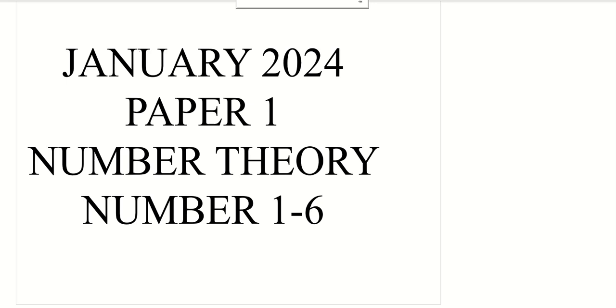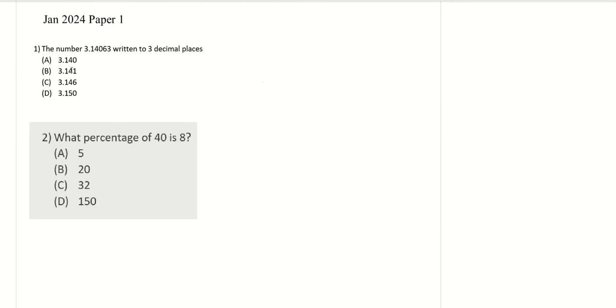Alright, now let's go. The first question. Write 3.14063 to 3 decimal places. Now we know 3 decimal places means 3 digits after a decimal point. So if I have 3.1,